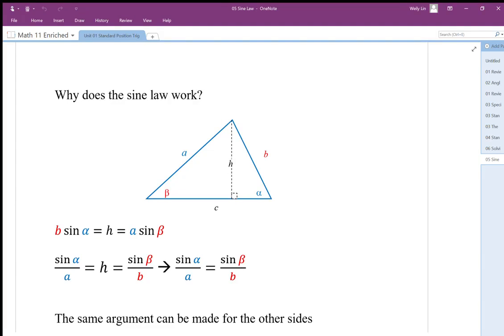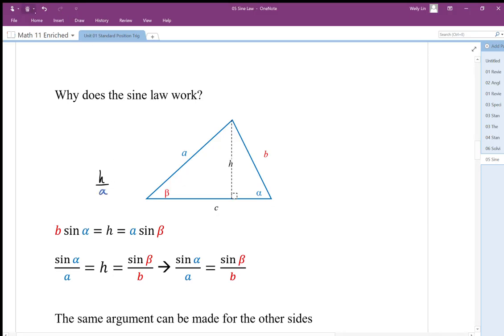Well, the sine law works because of this height. It's to do with the height of this triangle and relating everything to this height. So basically, if we want to calculate the height of this triangle here, we can take the hypotenuse and multiply by the sine of the angle. So A sine B gives us the length of that height. Or if we write it in the sine form, we can say that h over side A